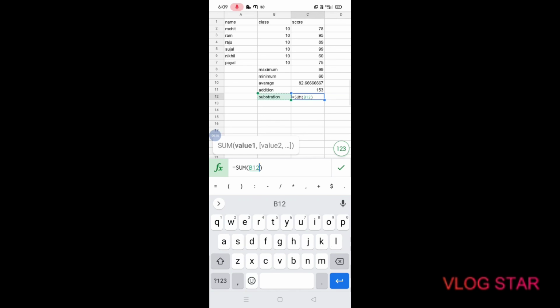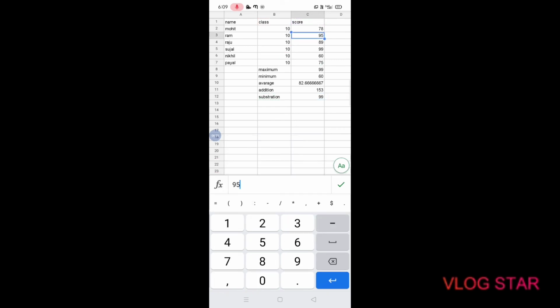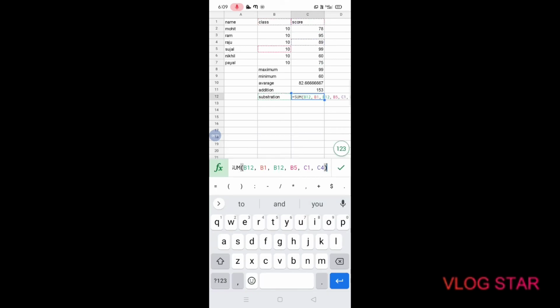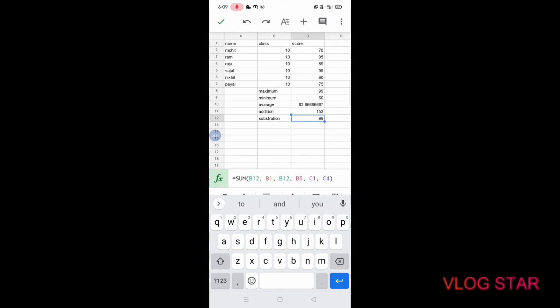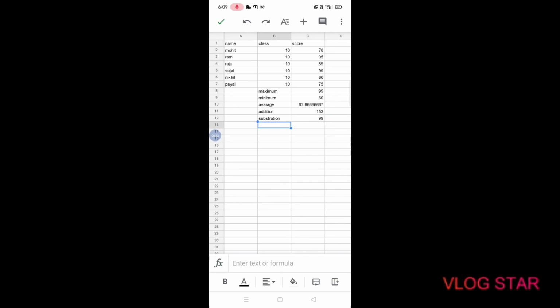Sum means add only. Here is also sum. Now it's done.